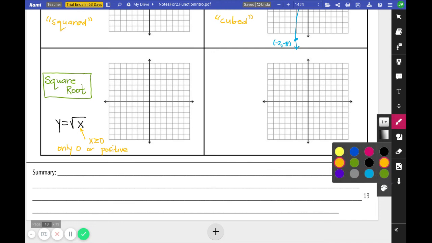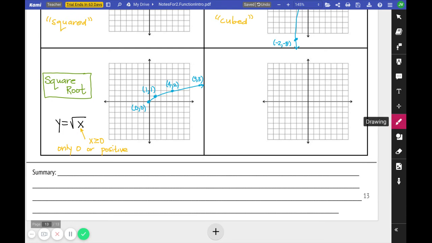And some key points for our graph would be (0, 0), (1, 1), (4, 2), and (9, 3). I'm going to go way out there. Notice this graph starts at (0, 0), and it will not go into the negatives because we cannot do negatives under our square root. The sixth and final graph